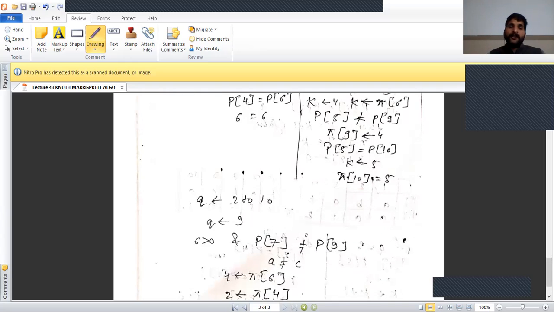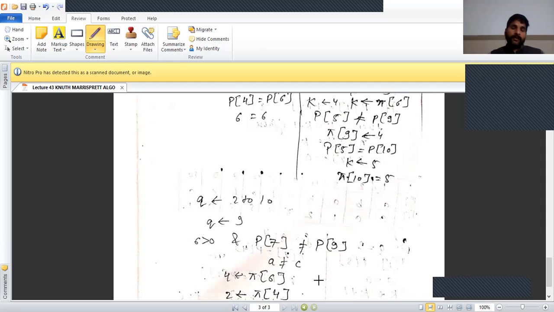So according to q equal to 9, 6 greater than 0, first we check the while loop, 6 greater than 0, and pk plus 1 is not equal to pq. So pk plus 1, 6 plus 1, p7, p7 value stored is a, and p9 stored is c, not equal. So condition while loop is true.